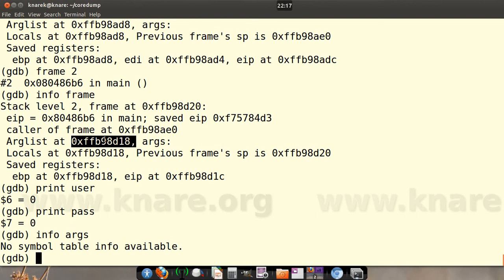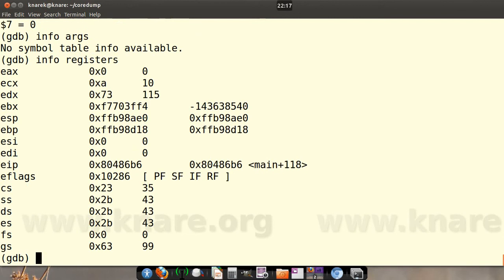As I told you, all parameters will be at EBP plus 8, EBP plus 12, EBP plus 16, this way. The return instruction will also be there, using which you can find out who has called you. And the registers information, if you know it, you will be able to see where the current stack frame is, what the EBP, the base pointer, was at that time. If you know the base pointer, I think you can find all other information. And if you know the EIP, the instruction pointer, then we have all